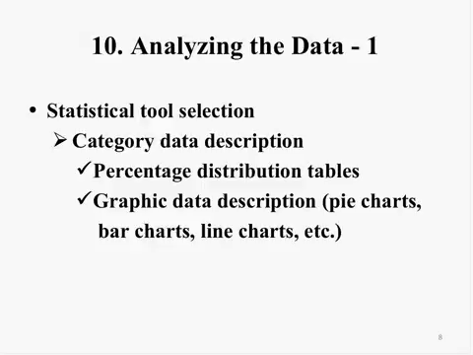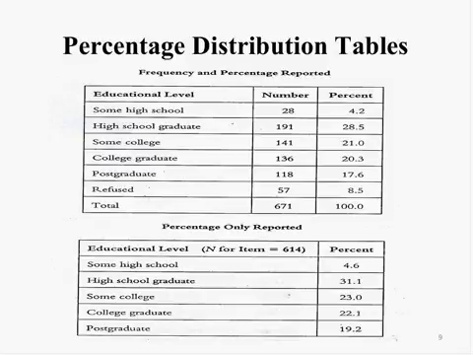Let's take a moment and talk about percentage distribution tables, as you can see on slide number 9. On slide 9, we can see that there's 2 tables there. One is a frequency and percentage reported table at the top, and at the bottom, the percentage only. The 2 are very similar. You can see that the major difference is that in the table on the top, the frequency and percentage reported, there is a category at educational level refused, meaning they did not want to respond to the question, and there was 57 of those. And so what happened in the chart just below it, those 57 have been deducted from the original total